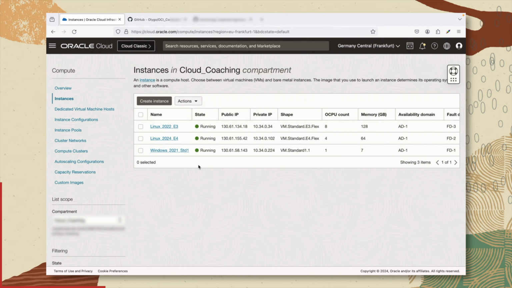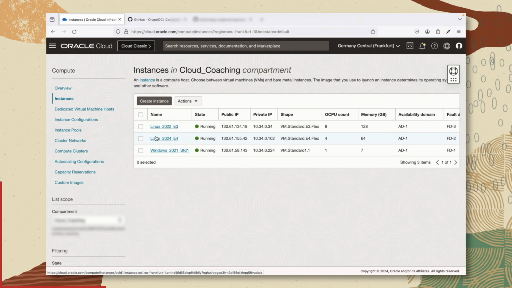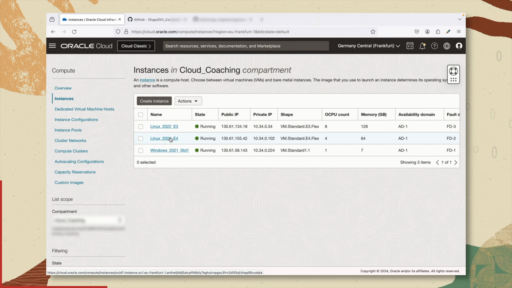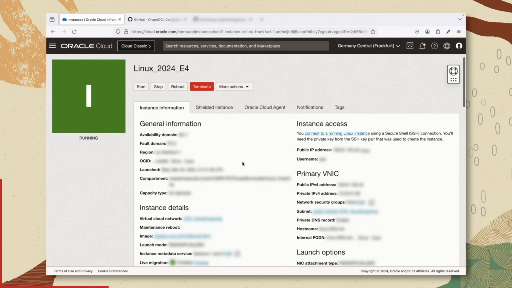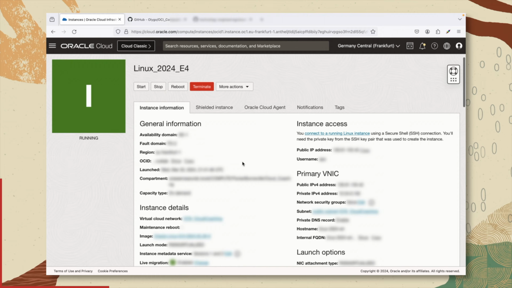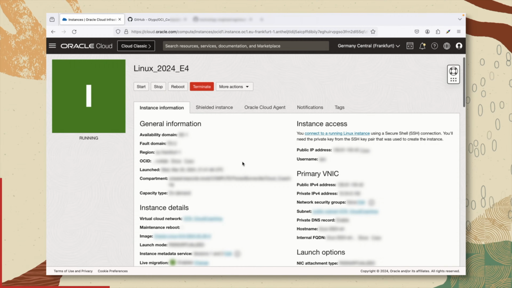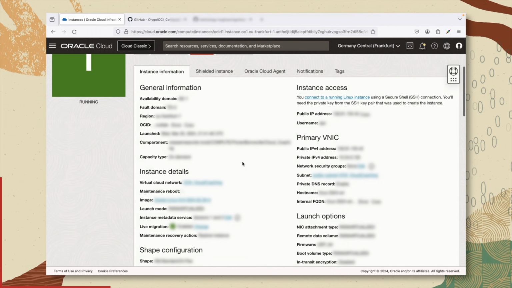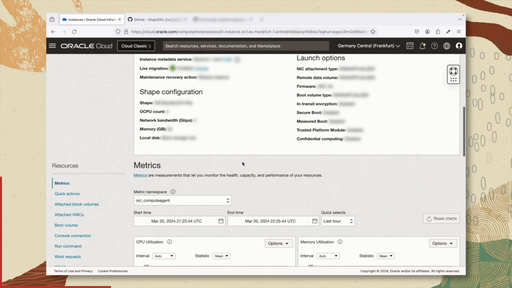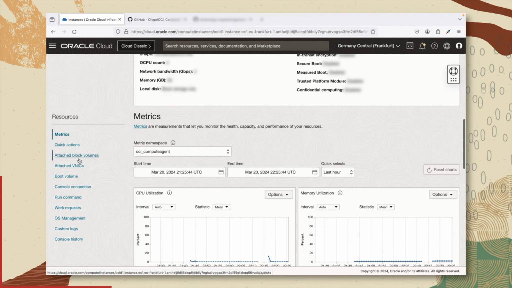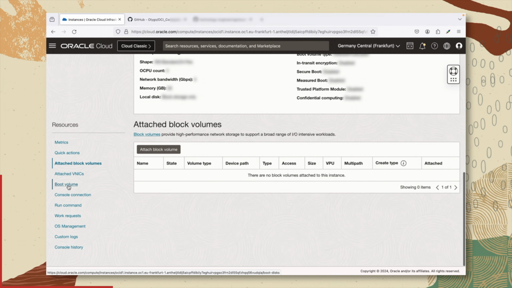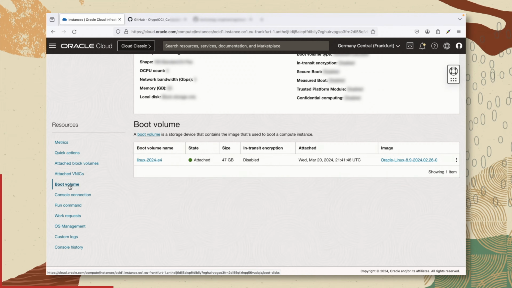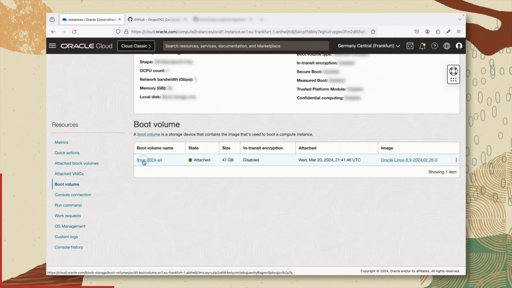So let's start with the simple instance created in 2024. Before doing anything with an instance, it's always a best practice to do a backup. As I said, this instance is very simple. I do not have any attached block volume. I only have a boot volume attached. So I will start with this boot volume,